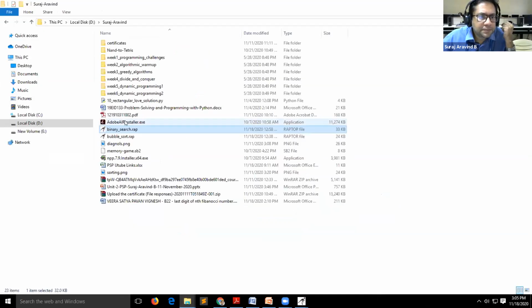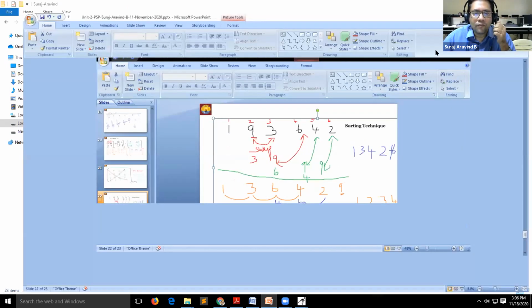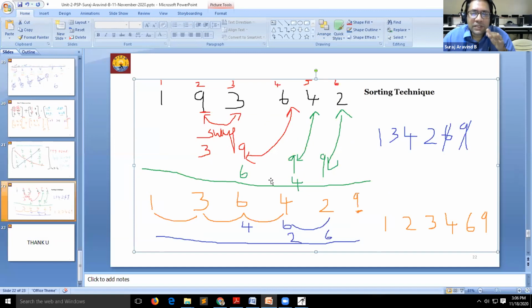Okay? And if you observe while discussing in the class, let me show you that. This was the actual sorting that we agreed on in the beginning classes.